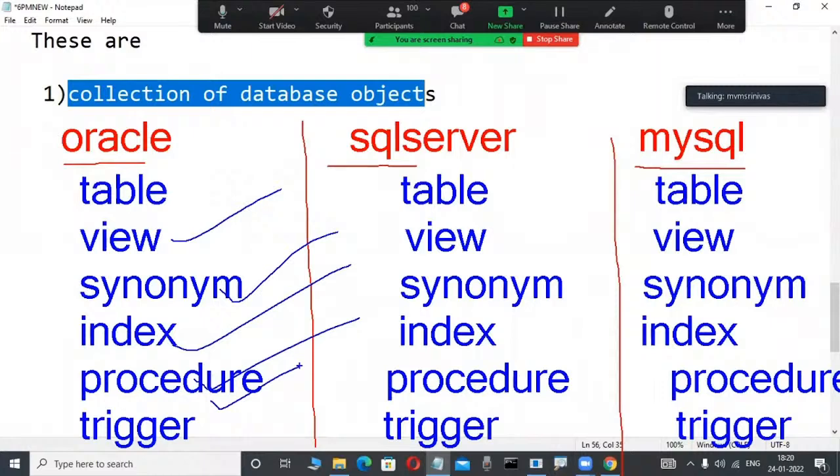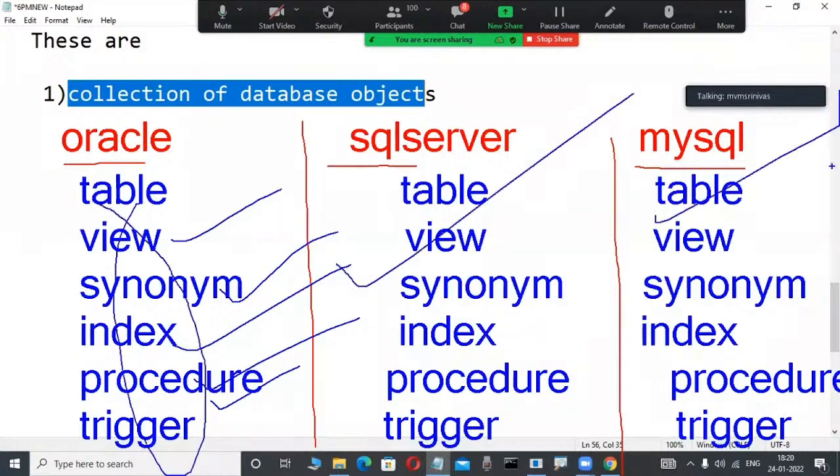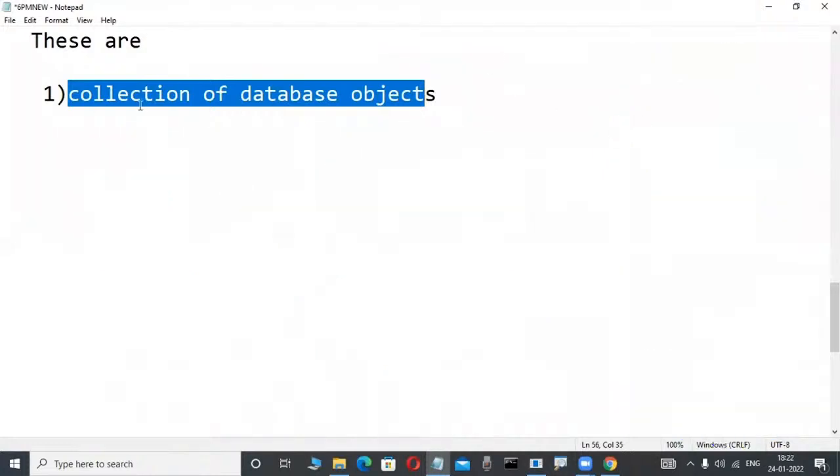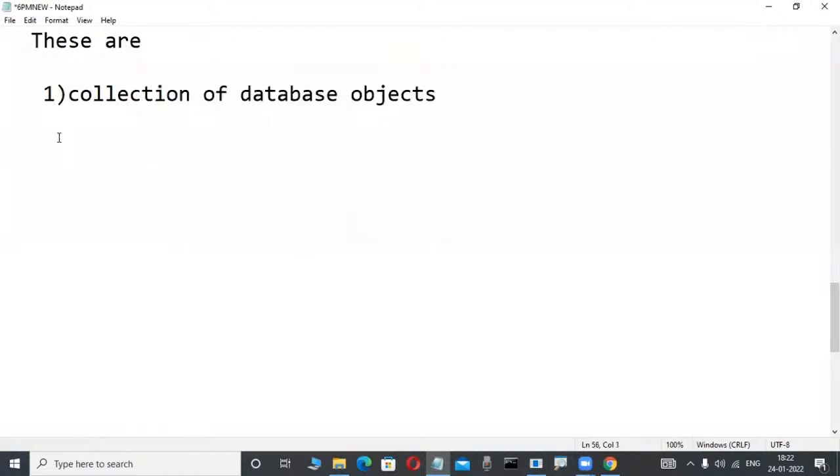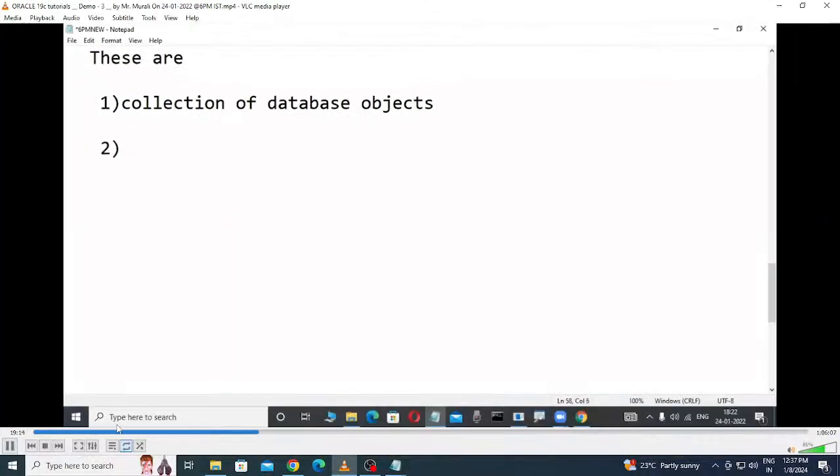If we learn one relational data model product, all the relational data model products use the same things. Syntactically and functionally they differ, but conceptually they are the same. That is why we learn one product in our course. If you learn Oracle, another database is very easy. It is not required to learn all of them; one is enough. That is why the collection of database objects is easy. In our courses we learn not only the collection of database objects. In any relational data model products we are